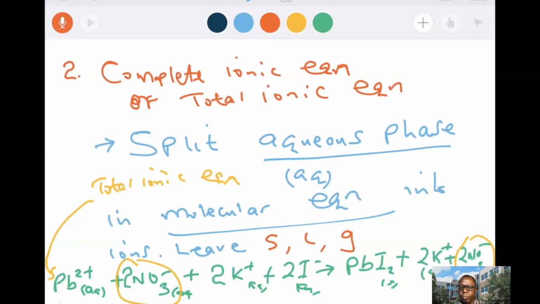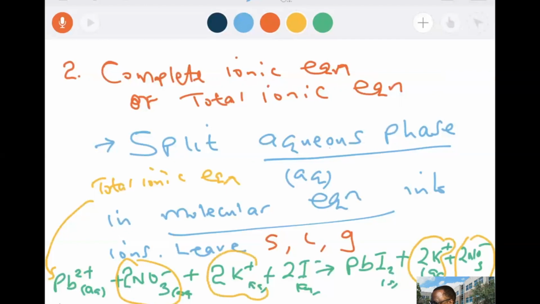And then there is potassium here and potassium here. They all look exactly the same. So what we need to do is cancel out this, cancel out that, because these two just look the same. You see, this is the same as this right here. So they cancel out. And what will remain will give us what we call the